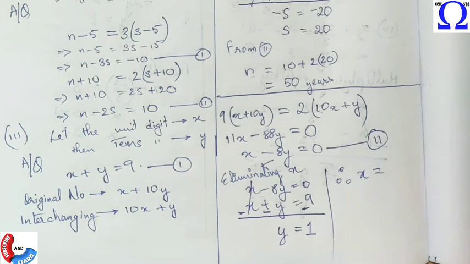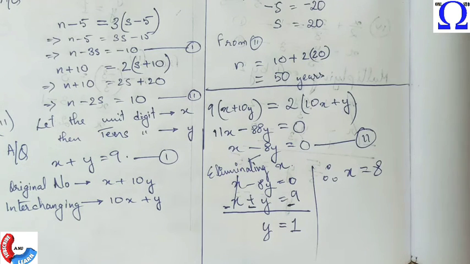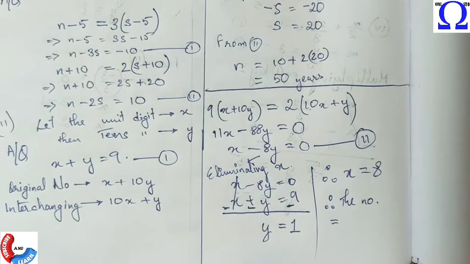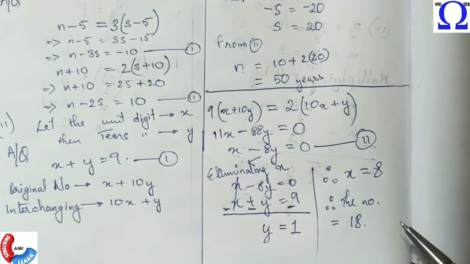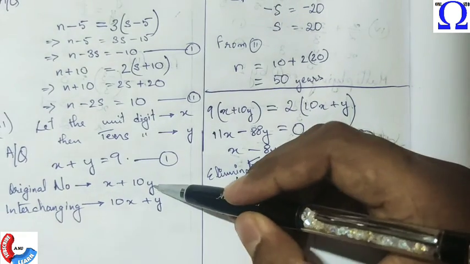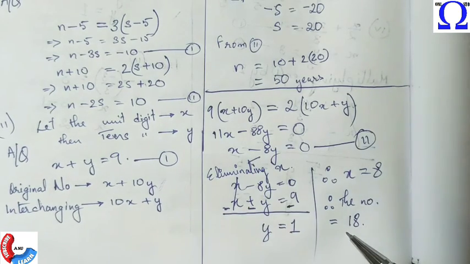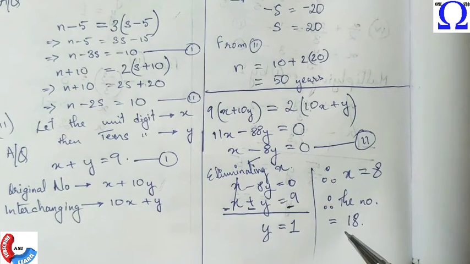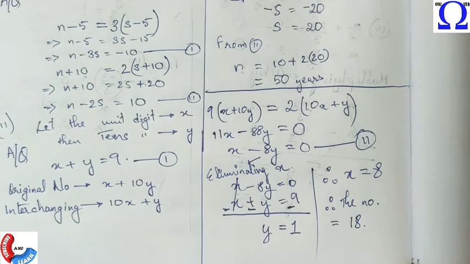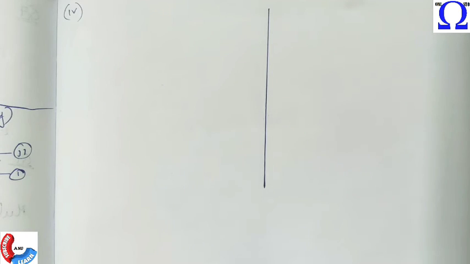Therefore from the second equation we can find that x will be equal to, so this is how we have found the value of x and y, and therefore the number is 18. Okay, you just put the value of x and y here, then you can find the original number. We were asked about the original number only, so the original number is 18. Okay, next let's go to the fourth part in which Meena went to a bank and withdrew 2000 rupees.